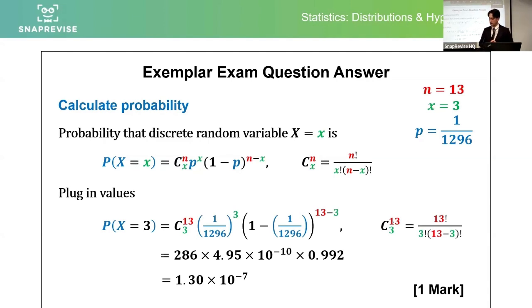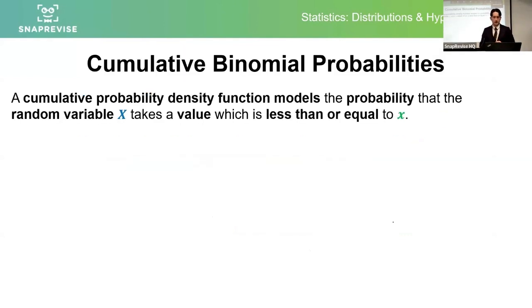Okay. So well done if you also used the PD function for that. That was really good. What we're going to push into now is using the cumulative binomial probabilities, because this will help us later for hypothesis tests. So a cumulative